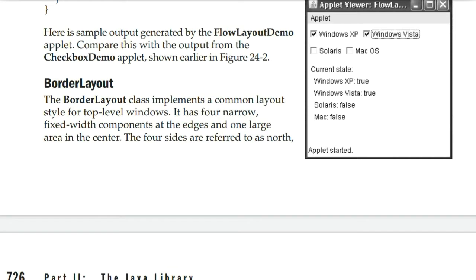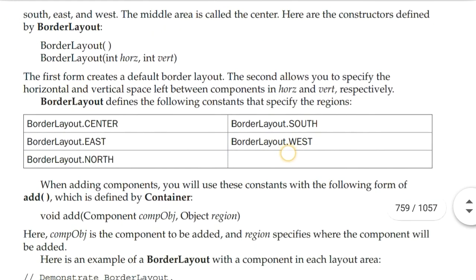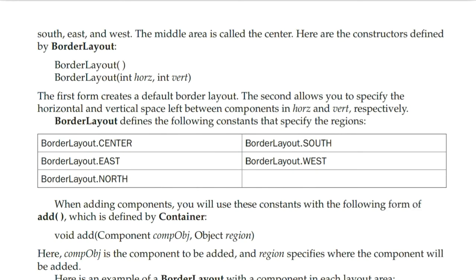BorderLayout. The BorderLayout class implements a common layout style for top level windows. It has 4 narrow fixed width components at the edges and one large area in the center. The 4 sides are referred to as north, south, east and west. The middle area is called the center.